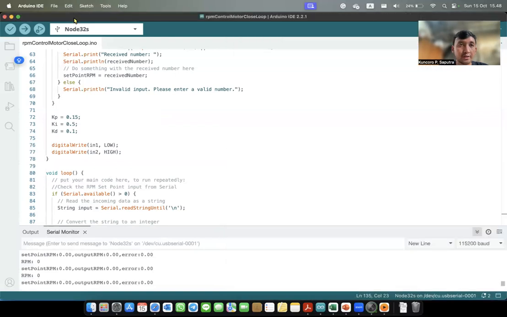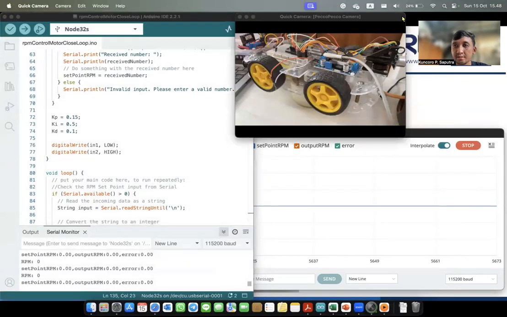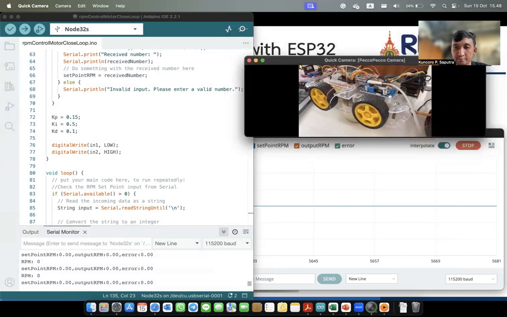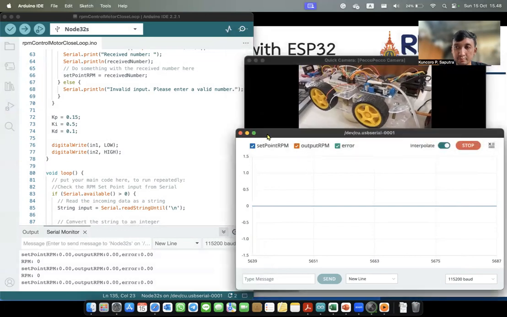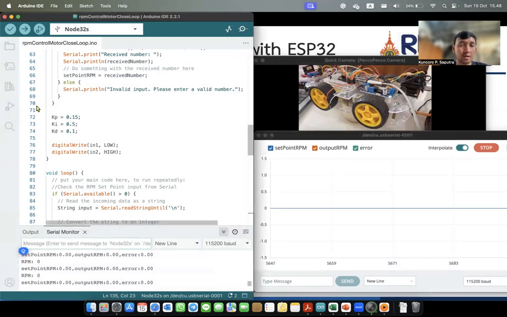Okay, I arrange my screen here. Before you run this code, you should upload it to the ESP32, and in this serial monitor we can input our desired RPM.